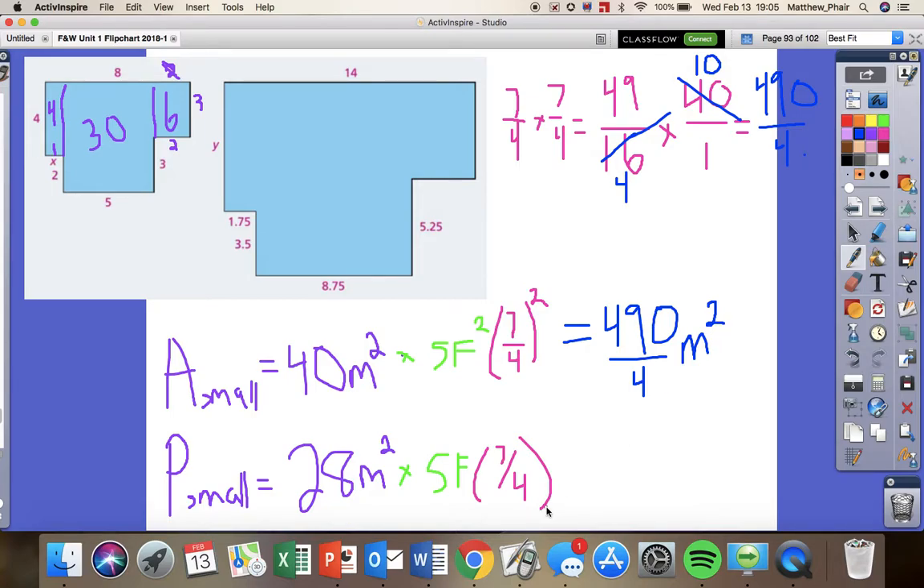Likewise, we've got to come through here. We've got to multiply 28 times 7/4. I know that 4 goes into 4 one time and goes into 28 seven times. So really, I'm just left with 7 times 7, which is